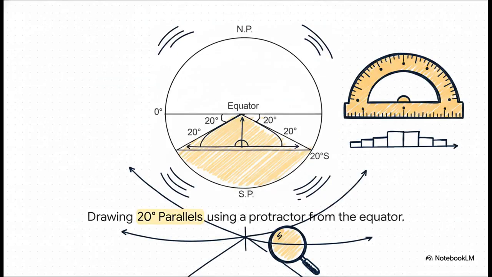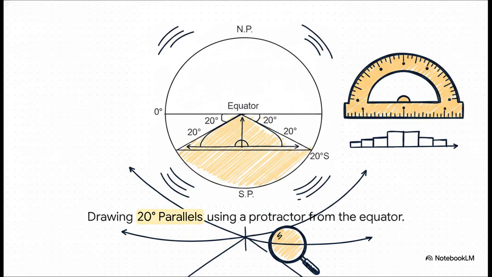And this is absolutely brilliant, because it shows that these are not just arbitrary lines drawn by some mapmaker. They are precise mathematical angles measured from the very center of the Earth. Imagine slicing the Earth perfectly in half at the equator and putting a giant protractor right at the absolute center